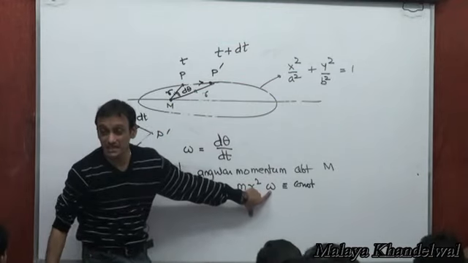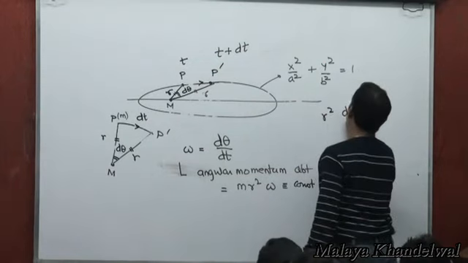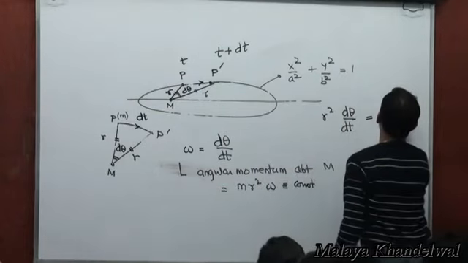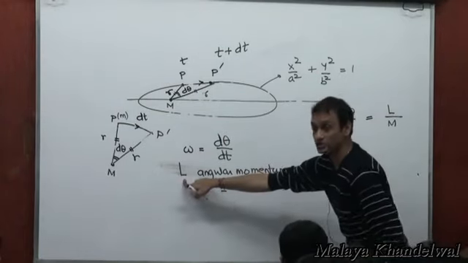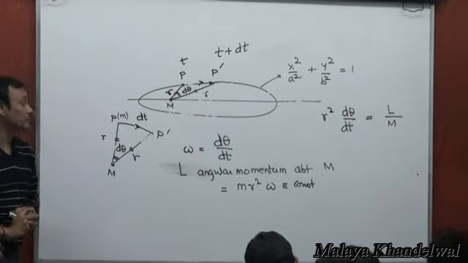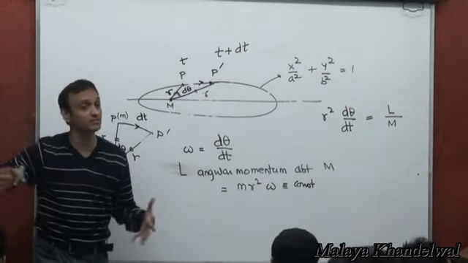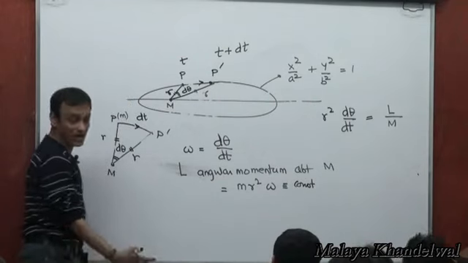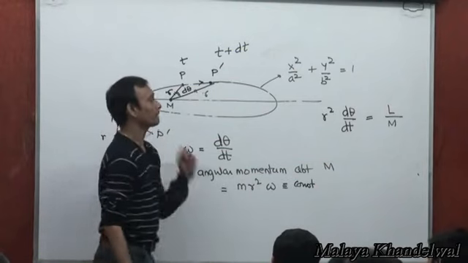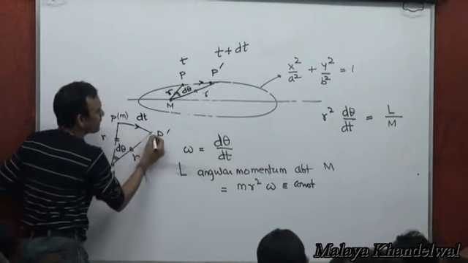Omega is d theta by dt. So we have r squared d theta by dt equal to L by m, which is a constant. L is the constant angular momentum that it has at all points of this elliptic path, m is the mass, and omega is written as d theta by dt. Clear? Now, in its journey from P to P prime,